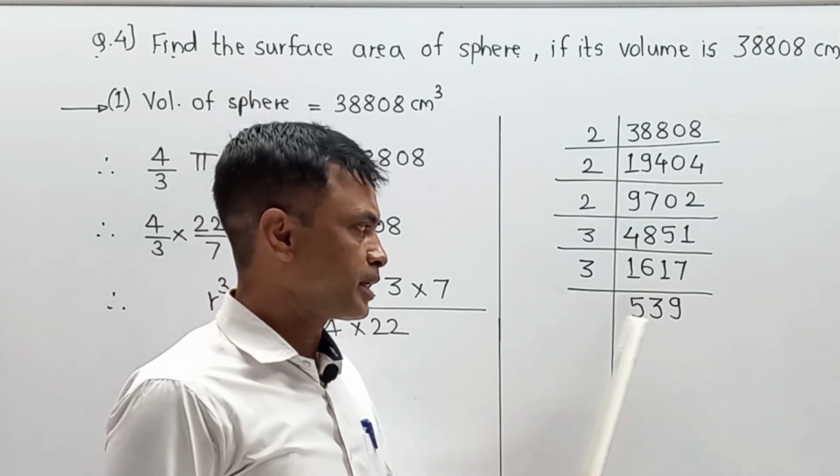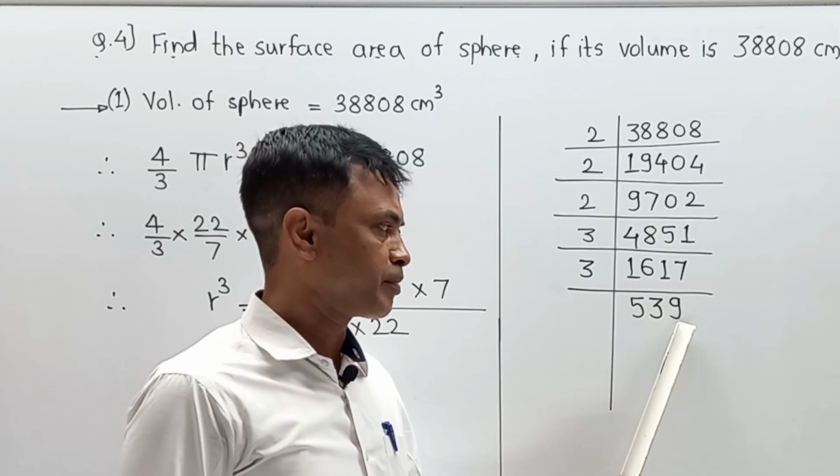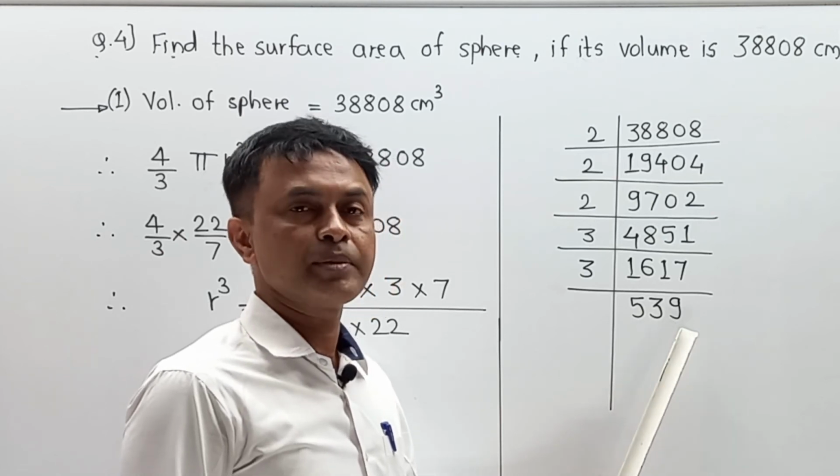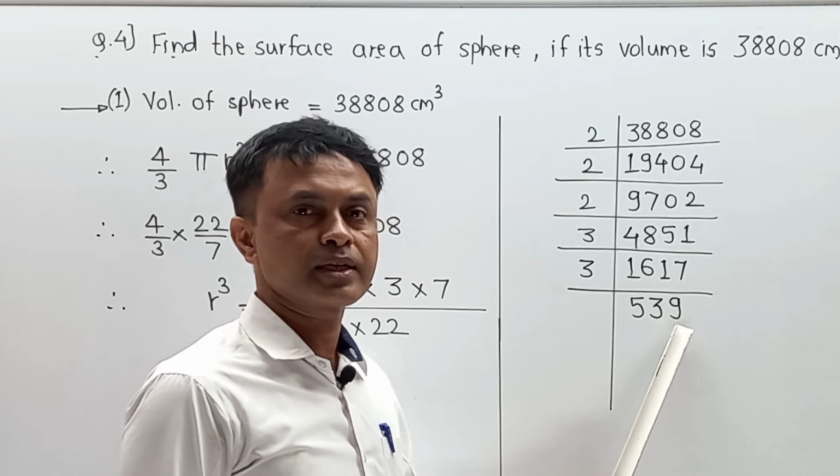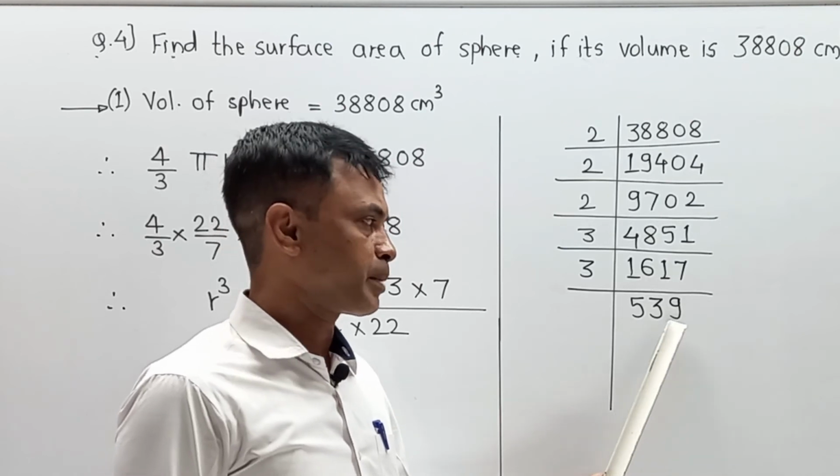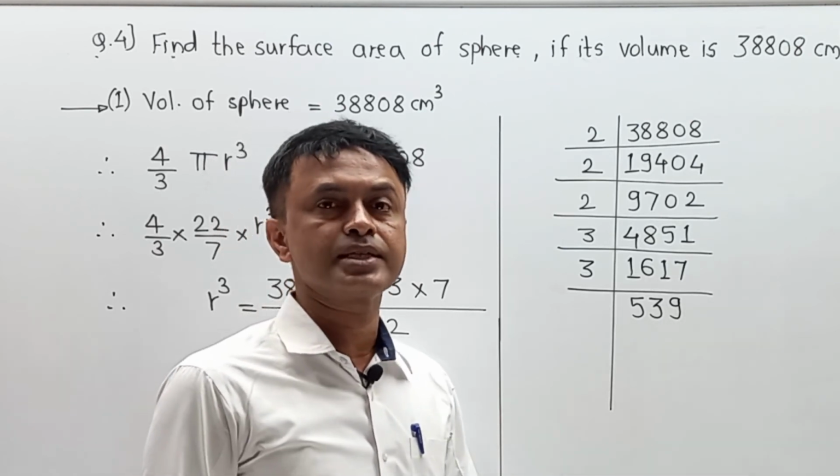So we are trying to divide it by 5. Again it cannot be divisible by 5 because the last number is 9. A number can be divisible by 5 only when the last number is either 5 or 0. Now from that part we are moving over here to the next number, that is 7.